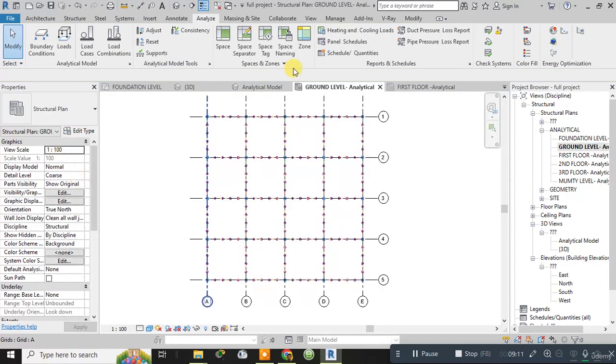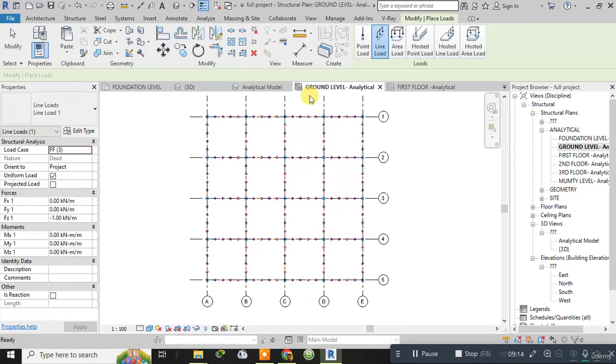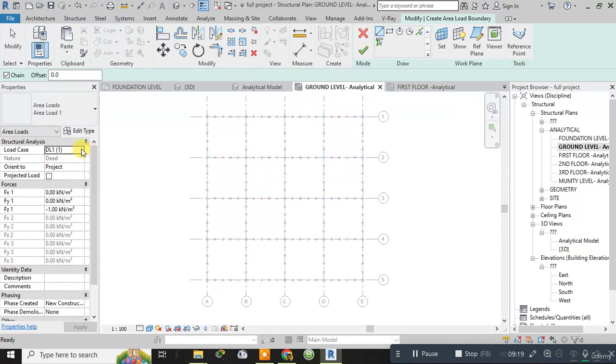I will apply the floor load, and for floor load you have to select the area load, then floor finish. Now select the floor finish. For floor finish, to find how much load I will apply, I have to check the thickness of the slab. Our thickness of the slab is 150 mm, so I will multiply 0.15 meter into